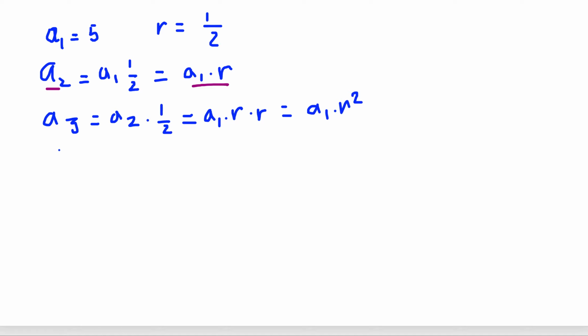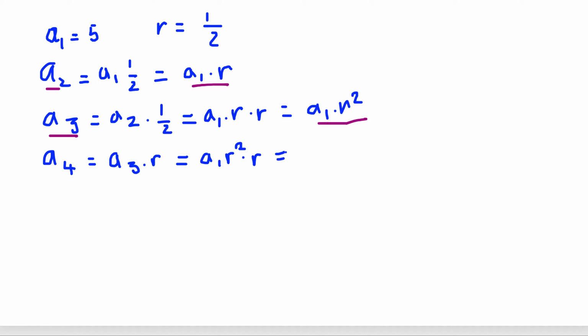Now if we go to the fourth term, what is going to be the fourth term? The fourth term is equal to the previous term, according to the recursive formula, times R. But in this case, what is the third term? Let me write: A3 is equal to A1 R squared. So instead of A3, we are substituting A1 R squared times R,